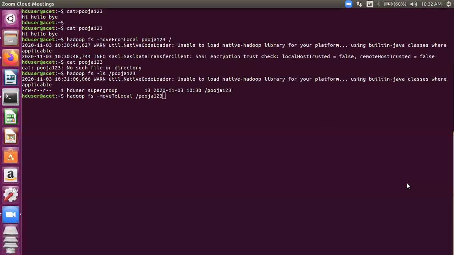Gursevak, stay with me. Yes, Lovepreet. Sir, after it we will give the path to where we want to move. Okay, I'll give this path as say /home/hduser. Is this fine? Yes, sir. Will this work now? Sir, before that we will write local. Where? Sir, just before the home. What would that be? Local. Why? Because